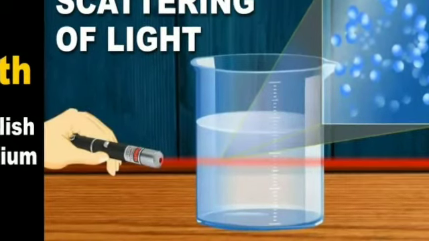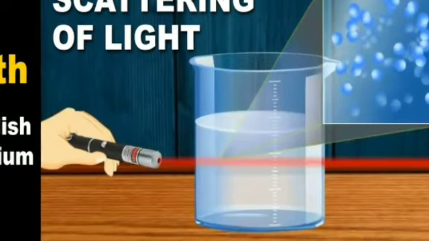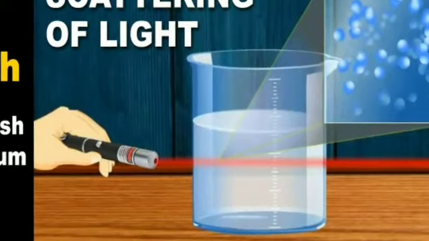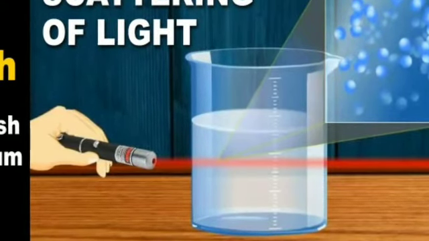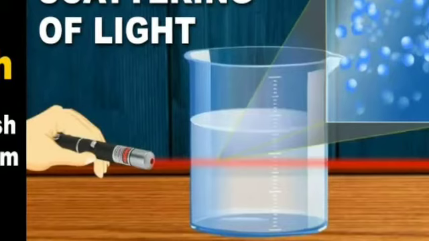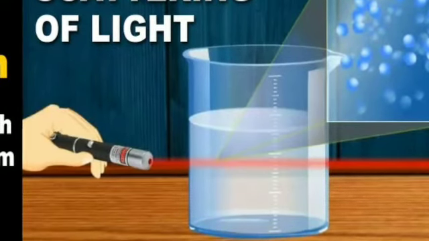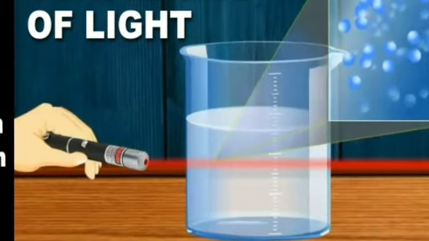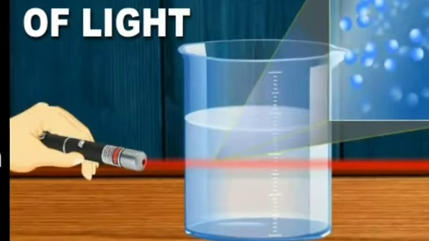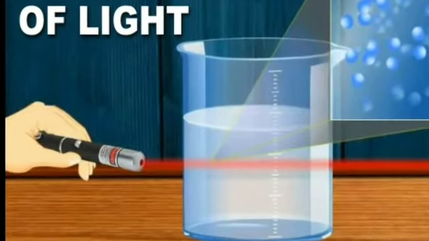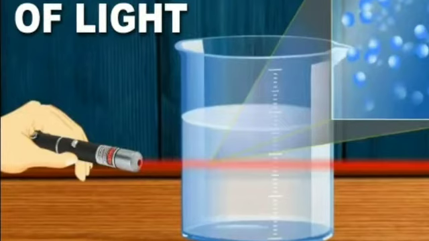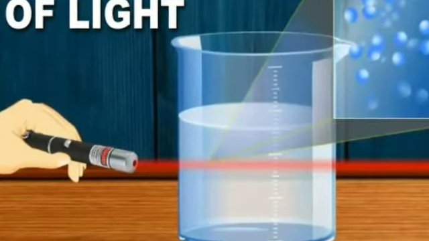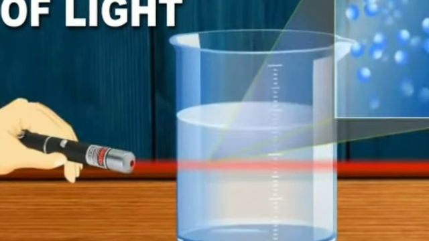Now let's see the procedure. Take clear water in a glass beaker and pass a beam of laser rays through it. Check whether the beam is seen in the water. Now, use the dropper to add a few drops of milk to the water and stir. The water will be seen to have become slightly turbid. Now, pass the laser beam into it again. A light beam will show the existence of light rays. A light beam is not seen in the plain water but is clearly seen in slightly turbid water. The light rays hit the tiny particles of milk and get scattered. If these scattered rays enter our eyes, we perceive the light.